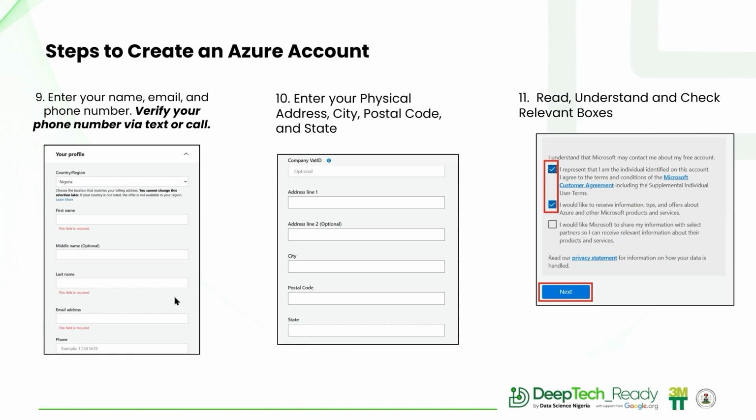After completing the initial stages, you'll be brought to this pane and be required to enter your name, email address, and your phone number. You then proceed to verify your phone number by receiving a text from Microsoft or receiving a call. Then scrolling down, you would be required to enter your physical address, your city, your postal code, and your state. And lastly, read and understand the Microsoft Customer Agreement and the Microsoft Privacy Statement, checking the boxes that are most relevant